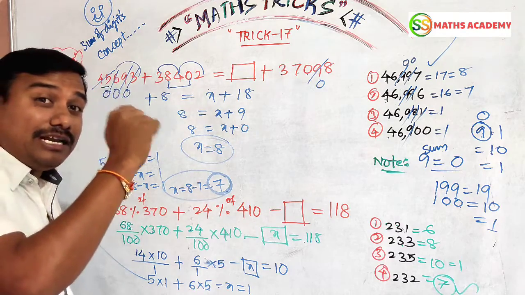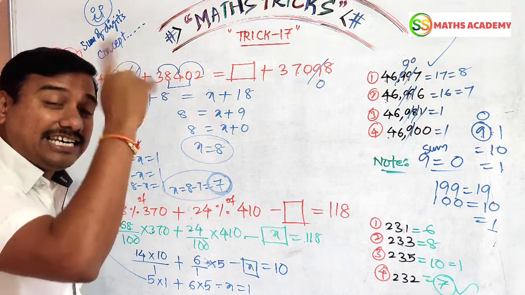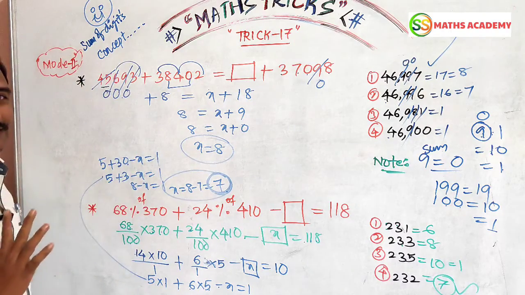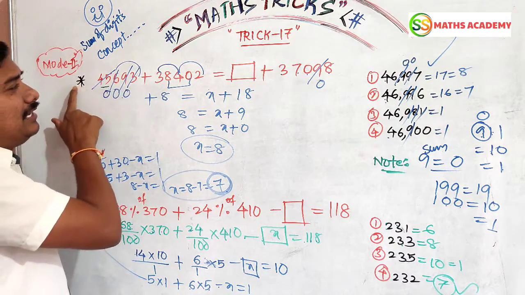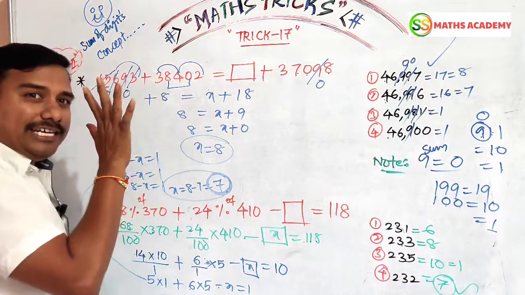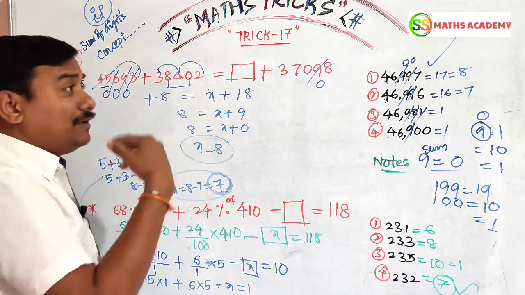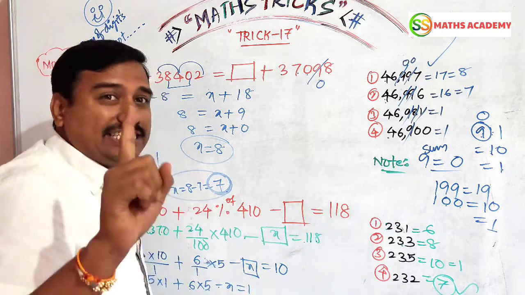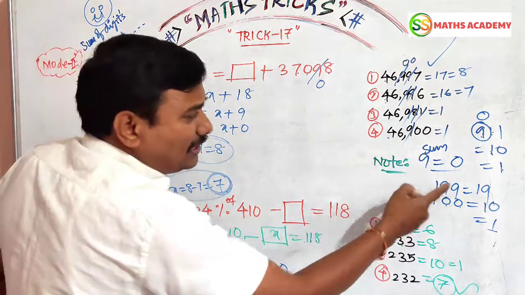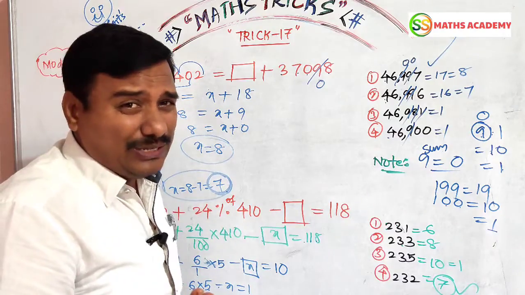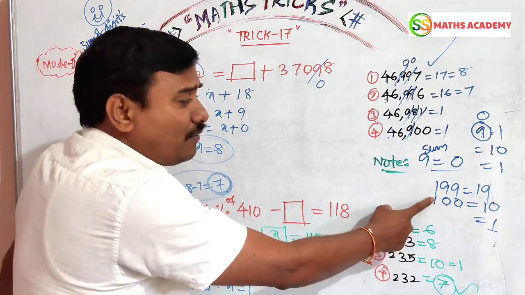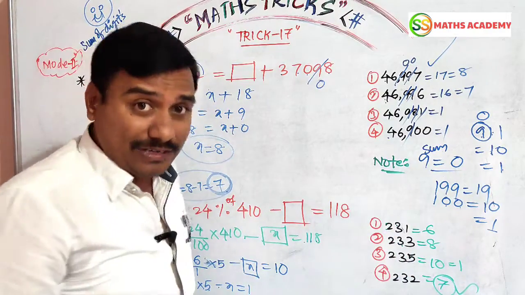When rule 1, concept 1, case 1, method 1 is not possible, you can go with the sum of the digits concept. What is the sum of the digits? Here you have to add all the sums and convert it to a single digit. When you do the sum and a 9 comes, you can consider it as 0, because in 199 when you add, finally you get 1 only, no? Here you have to keep 0, consider it. 1 plus 0 plus 0 is 1 only.